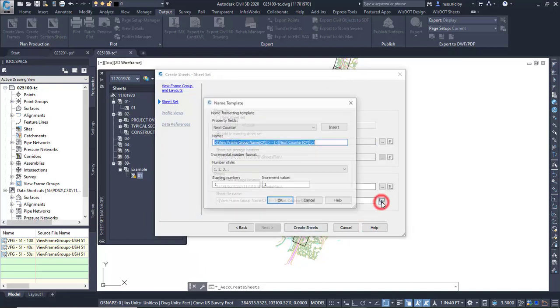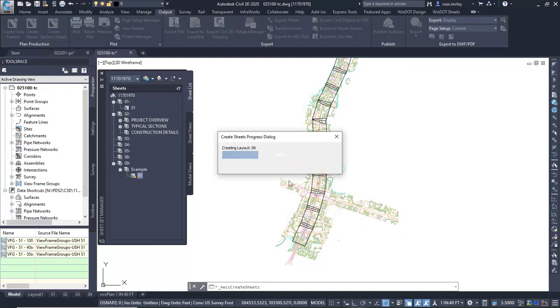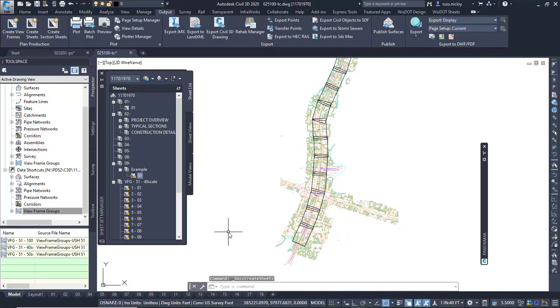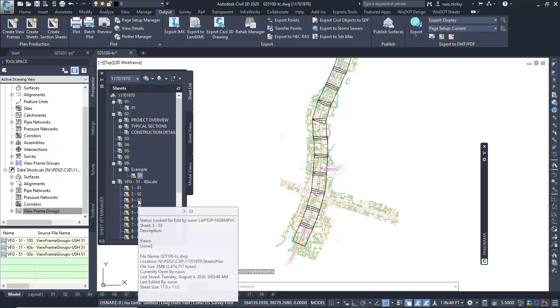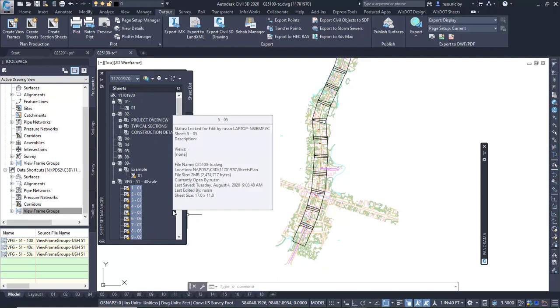I'll click create, making sure the starting number is good there. I'll click create sheets. It's going to save the file as it does this, and then it's going to run for a second. It's created those layout tabs down below. And there it adds it at the bottom of the project. Well, this isn't correct. This is not where we want it. So I'm going to grab all 18 of those sheets. And I'm going to move that up under the